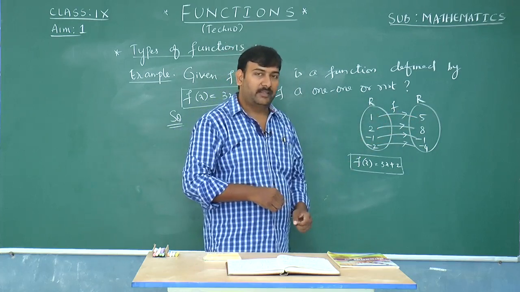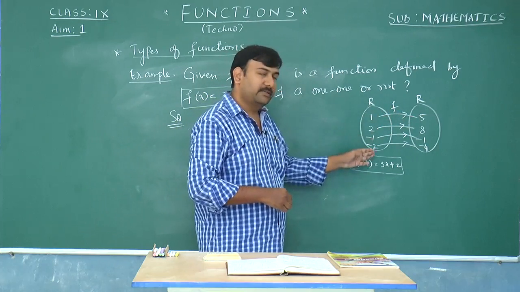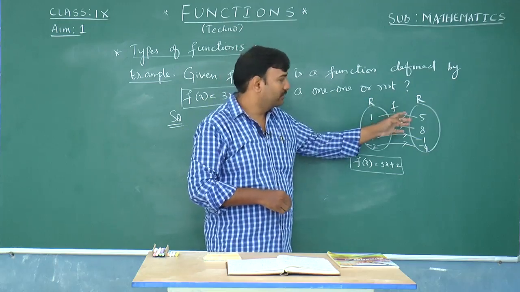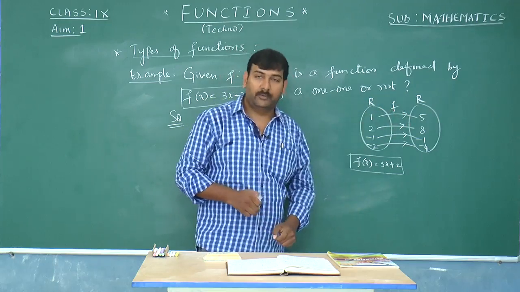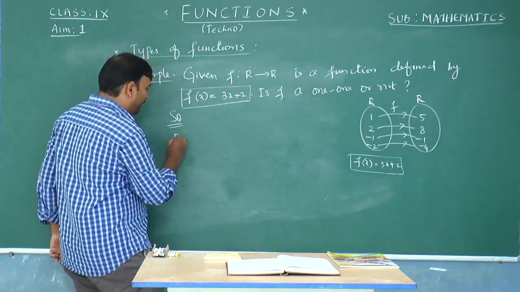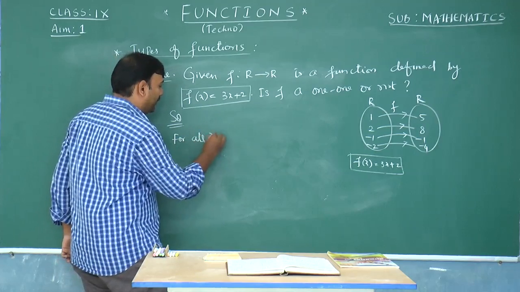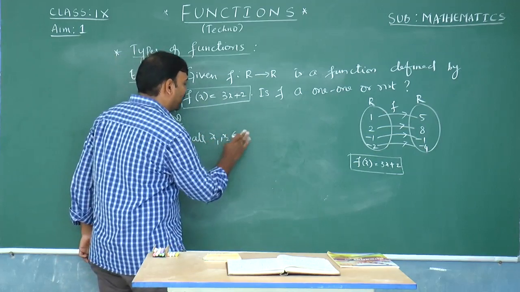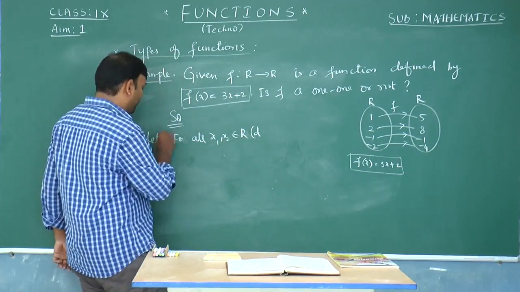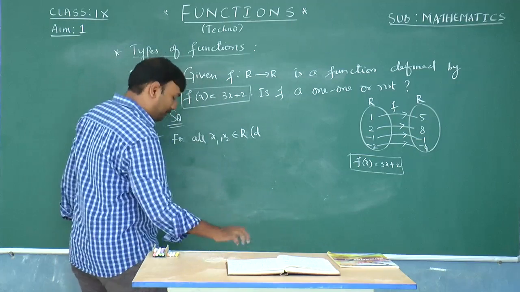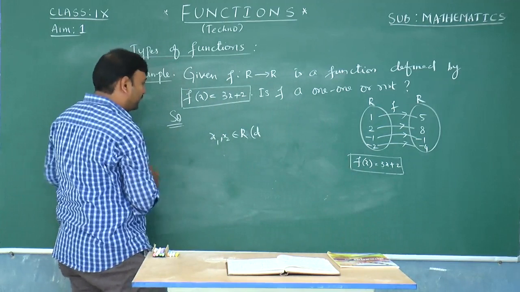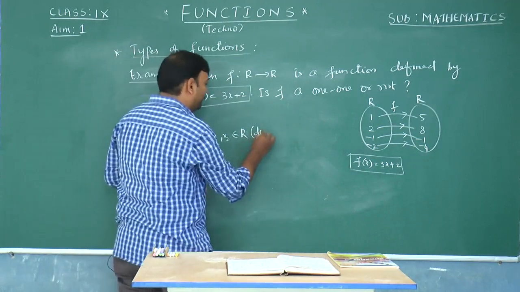Once you confirm that the function is going to be one-to-one, because different elements are going to have different images, the function is going to be one-to-one. Because it's a one-to-one function, obviously we can apply the property. So here, for all x1 comma x2 belonging to the domain, let us suppose that x1 comma x2 be 2 elements from the domain